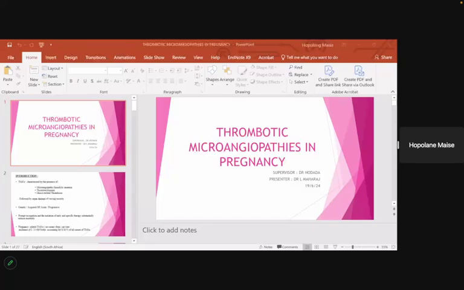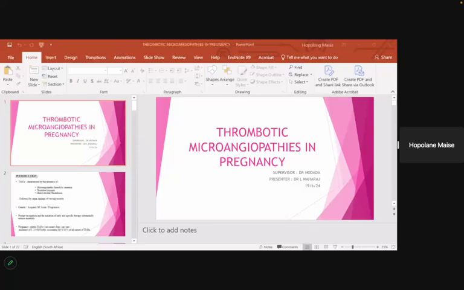So, thrombotic microangiopathies are a group of diseases characterized by the presence of microangiopathic hemolytic anemia, thrombocytopenia, and microvascular thrombosis, which is also followed by organ damage of varying severity. It can be genetic or acquired, or acute or progressive. Prompt recognition and the initiation of early and specific therapies substantially reduces mortality.